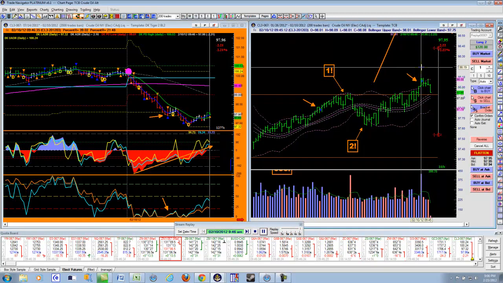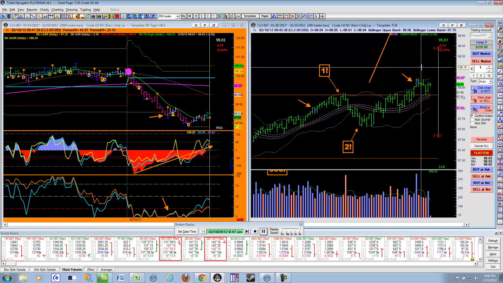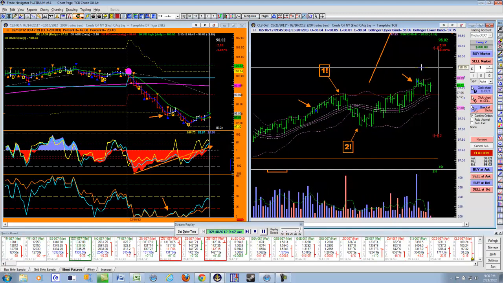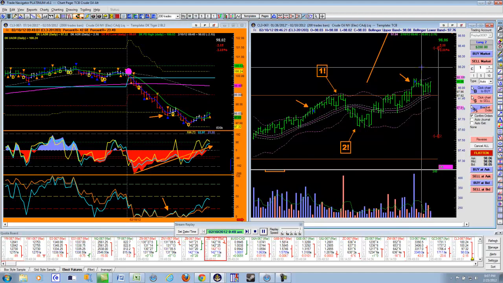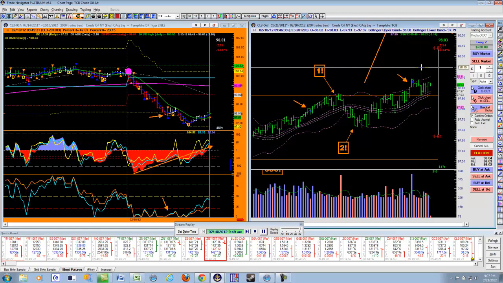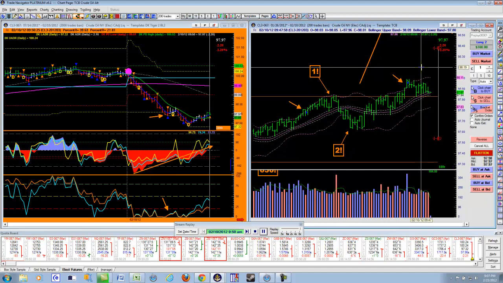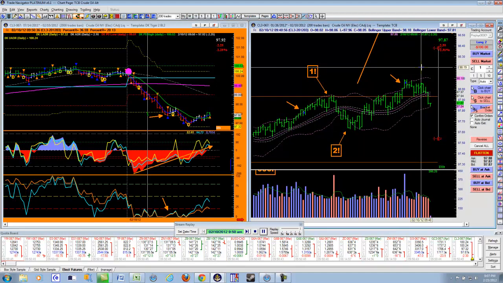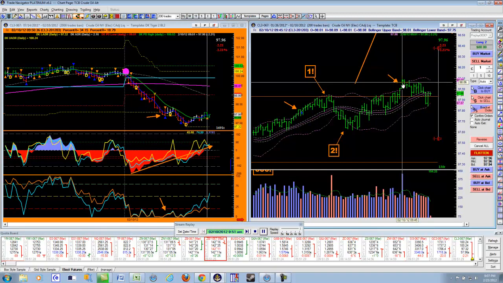I mean, I could be a loser on this point and take it all out, or I could win, you know. But technically speaking, in the odds and trying to take a high probability setup, here's where I want to be in the market. This is where I find value. I find value right in here. Now, you're saying, oh, it's Friday. The market can do anything on a Friday. That's correct. The market can do anything on a Friday, but if it's going to move, and if it's going to move long, it's going to be now. You know, it's just the nature of the beast. It's going to be now.